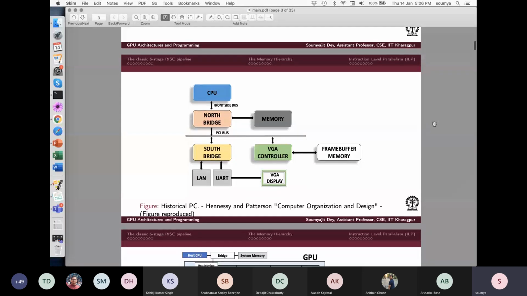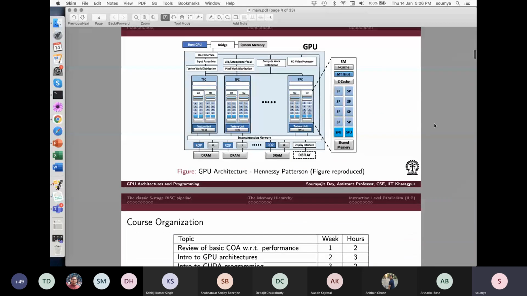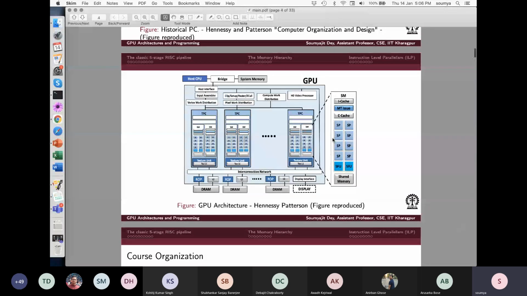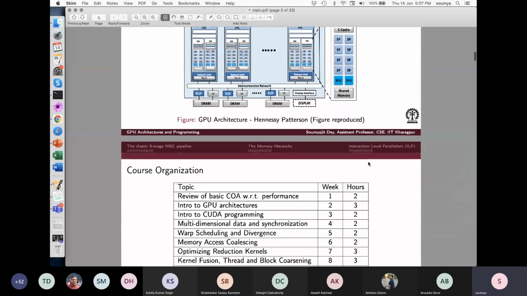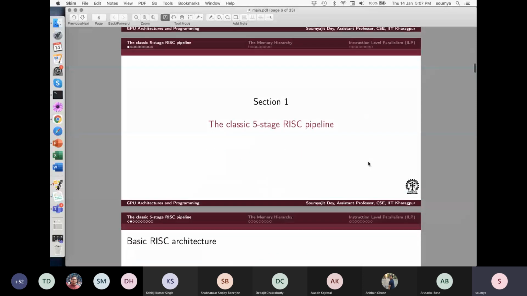So this is the kind of high level block diagram of a standard processor, right? And these are all mostly taken from Hennessy Patterson's book. So this is a high level block view of a graphics processing unit. We'll slowly go through this and see how the graphics processing unit organizes the internal processing units, and what actually happens. I am sure you must have gone through the video anyway.